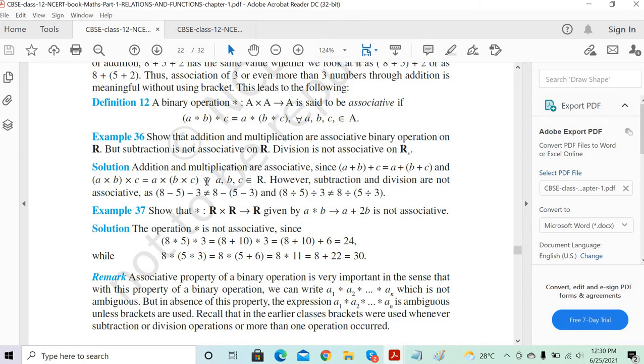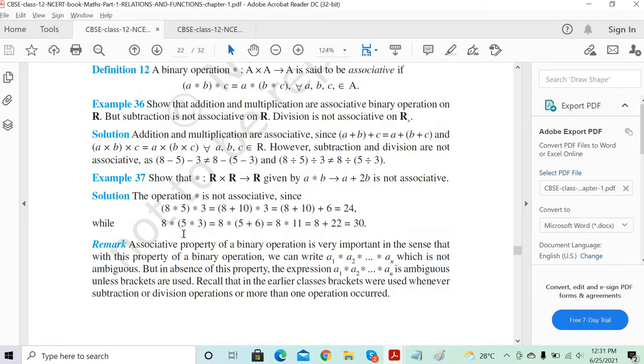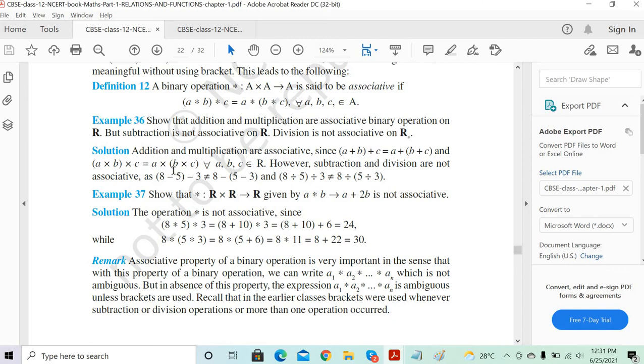8 plus 10, operation star, a plus 2b. A plus 2b, but where has he used a plus 2b? This he has done for the example 36, I think, or this one. Which example? No, this example number 36 he has done. Oh yeah, there is something wrong here. Actually, the solution is for the example 37. I was doing 37. This solution for 37 is anyway wrong.